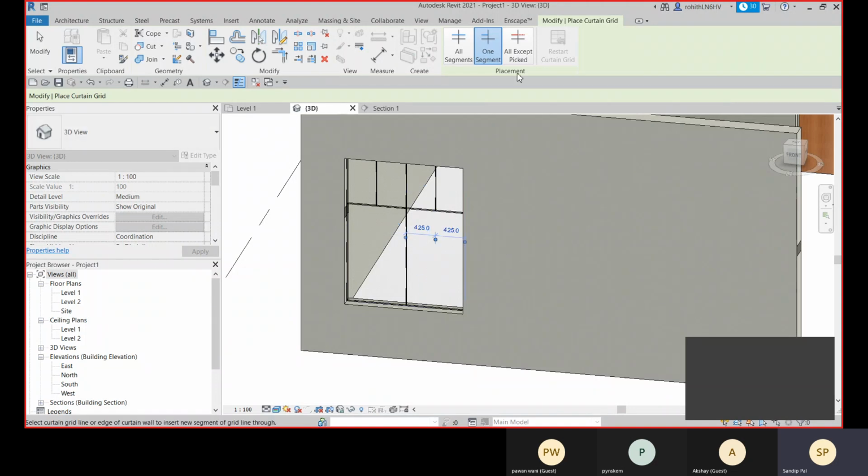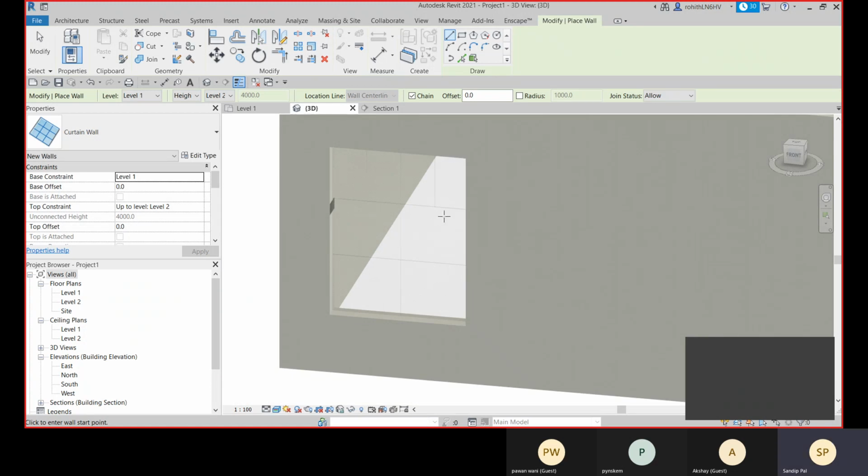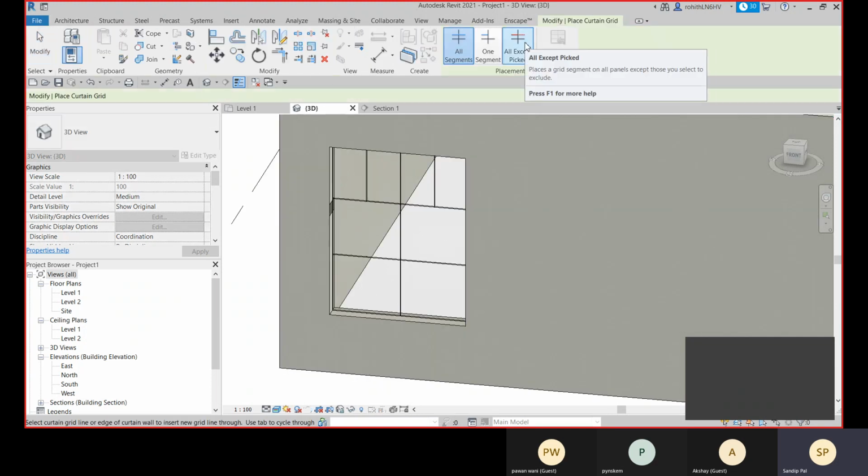Okay, and if I choose this all except picked, so if I go here, then this option, we go with that curtain grid again, and all except picked, let me go here.